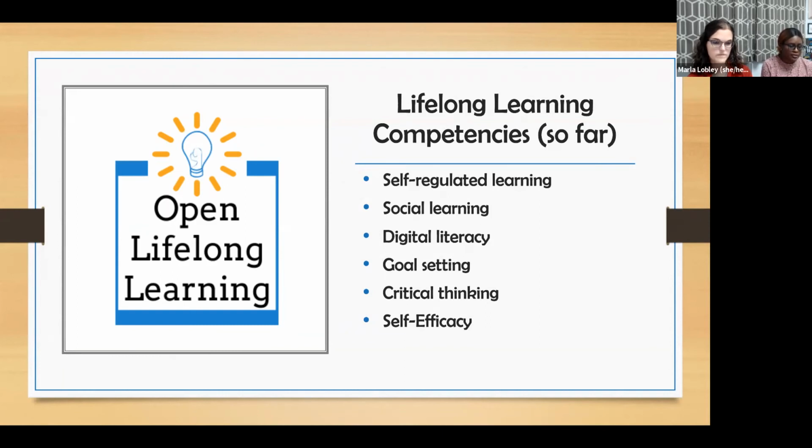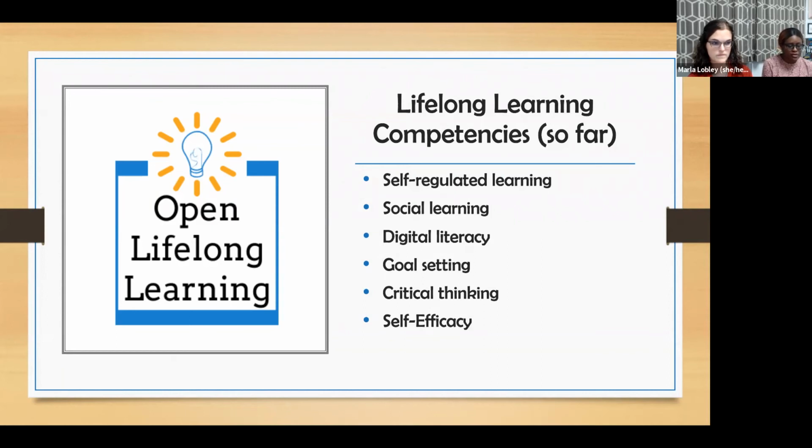Digital literacy follows after this, which refers to how one can navigate information technology, which is very relevant in today's society and has become even more relevant within the last year due to the global pandemic and remote learning. We did view this as very vital in the 21st century, as digital literacy is very important for the advancement of information sharing and knowledge gathering. How an individual is able to utilize digital materials to decipher which information is relevant to their learning process is a very huge part of lifelong learning competency.